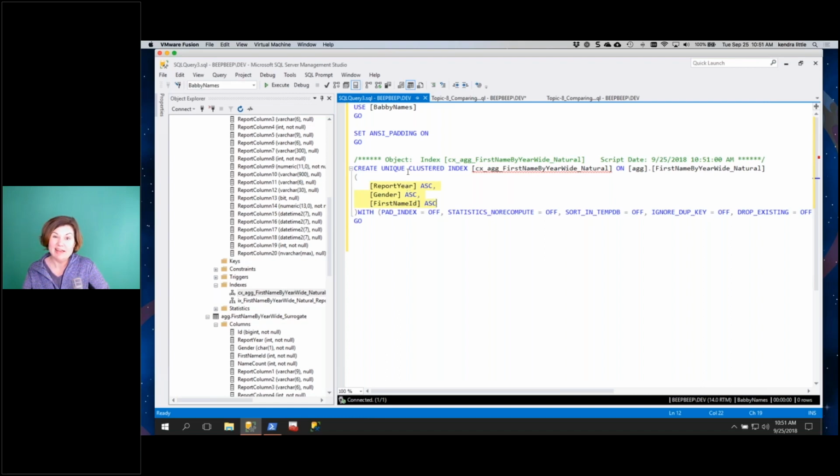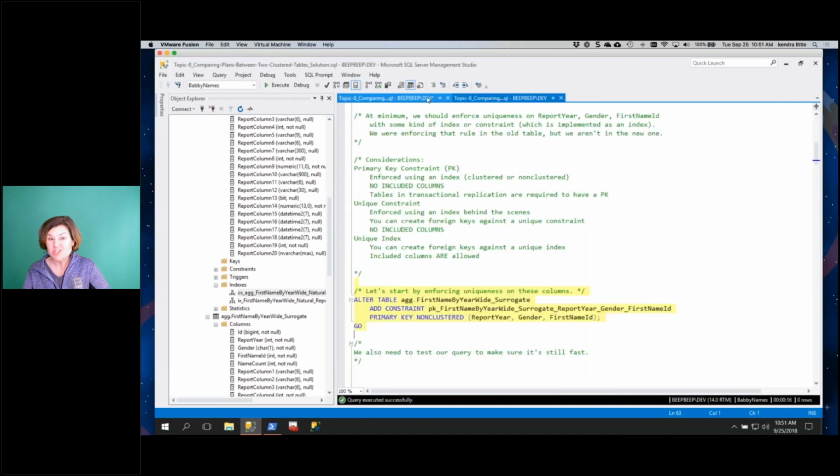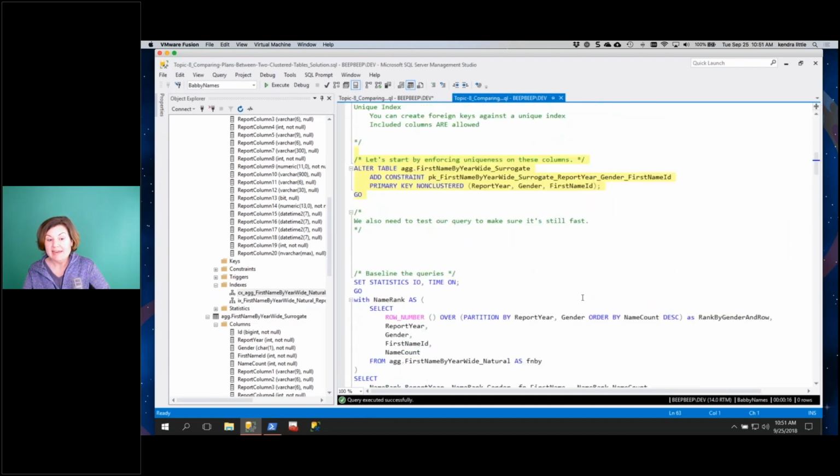We could actually get invalid data in there. We could get duplicates that weren't allowed on the table before, but it also can change our query plans. The uniqueness of rows can actually change and impact the performance of the queries. So on the new table, if I am changing the clustered index,